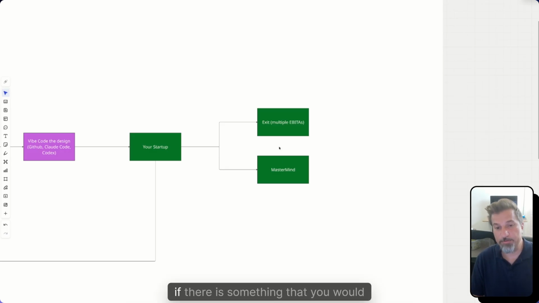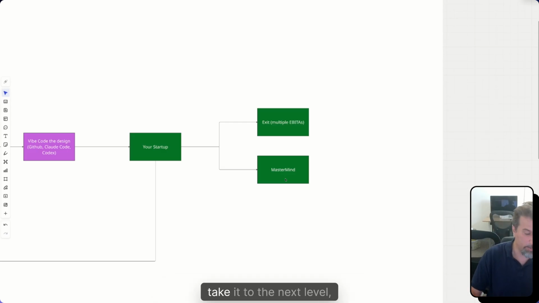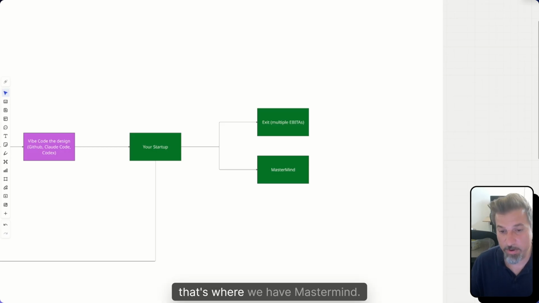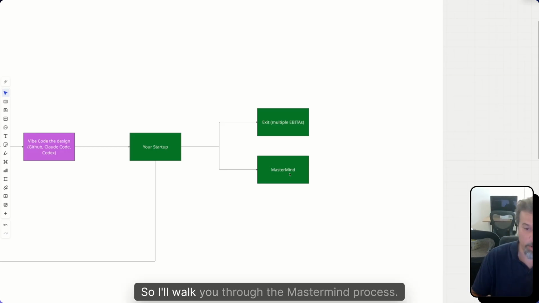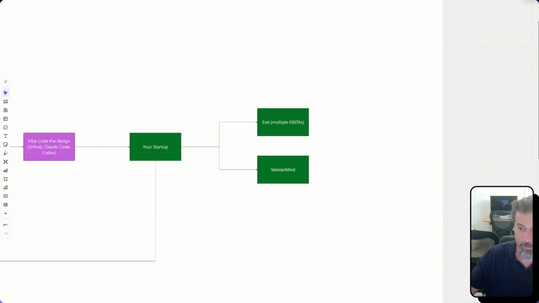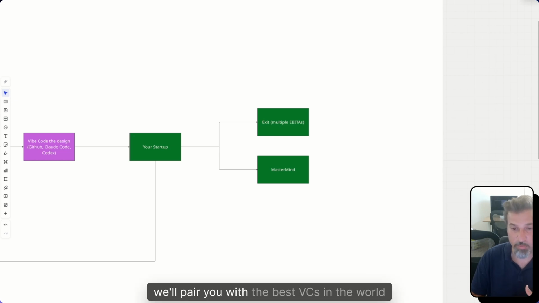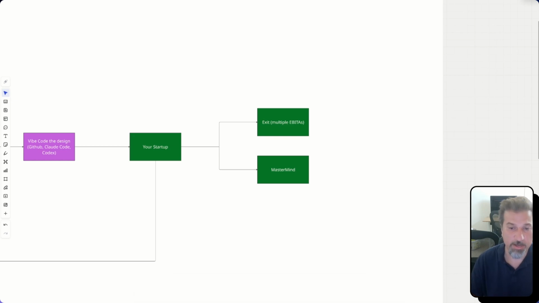But if there's something that you're genuinely interested in, you want to scale it, take it to the next level, get venture funding, that's where we have the mastermind. So I'll walk you through the mastermind process. It's a different program that we have. We'll pair you with the best VCs in the world.